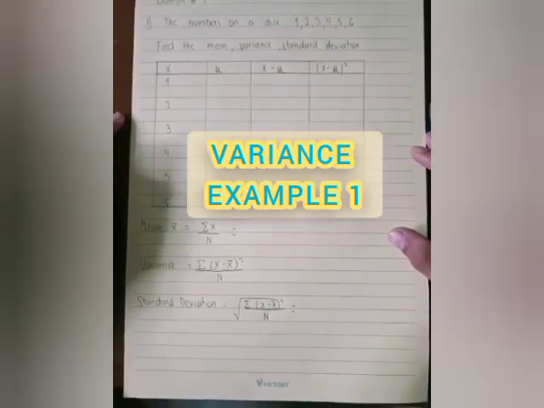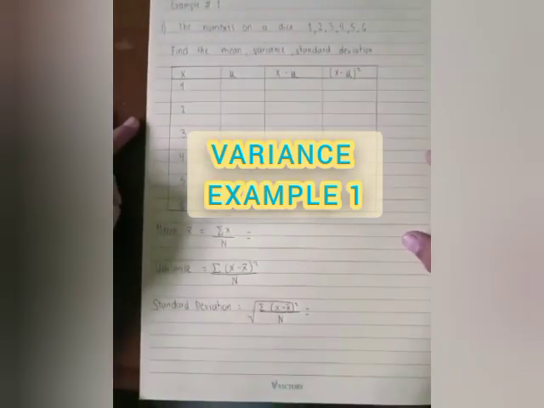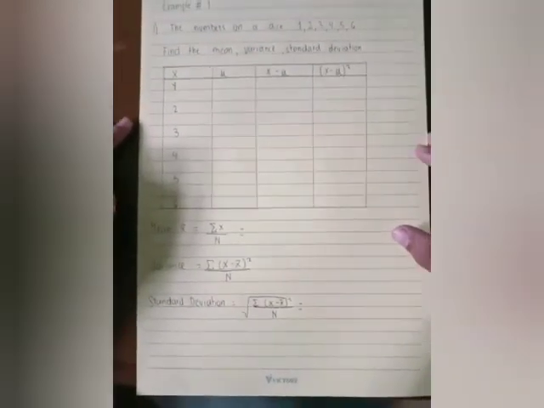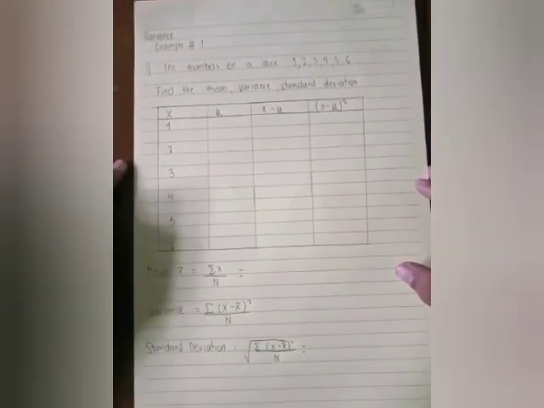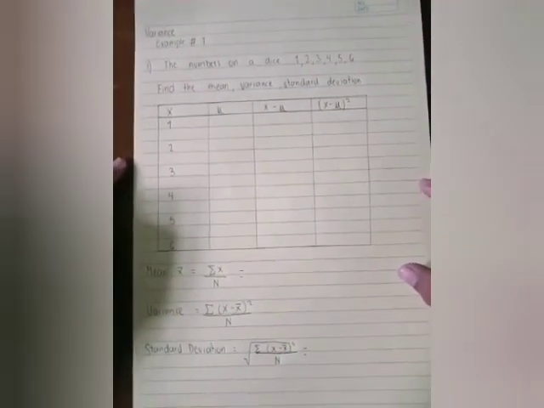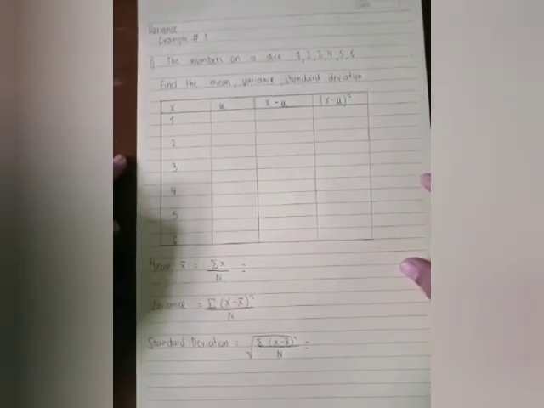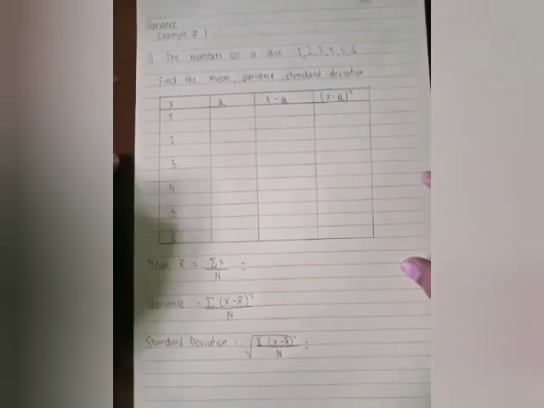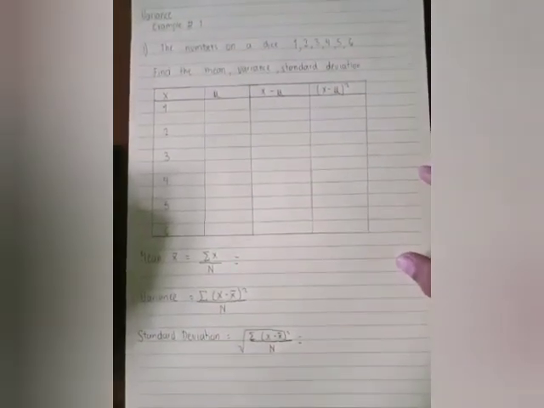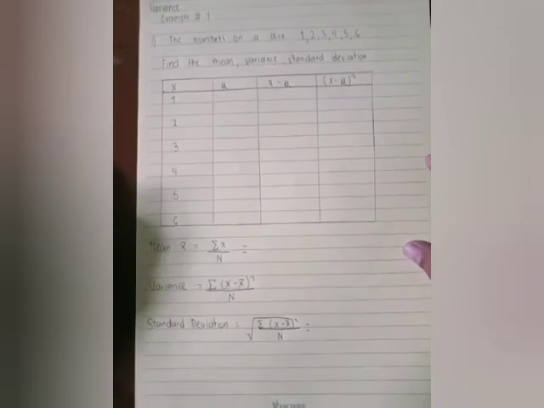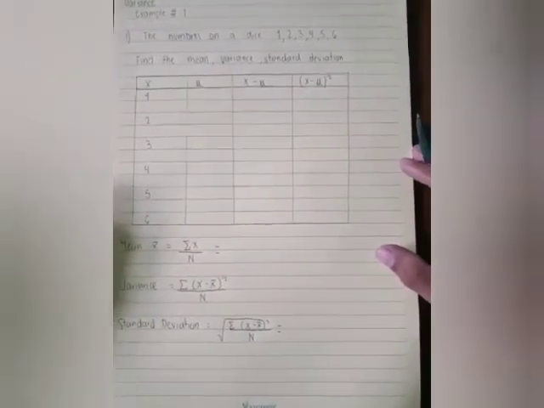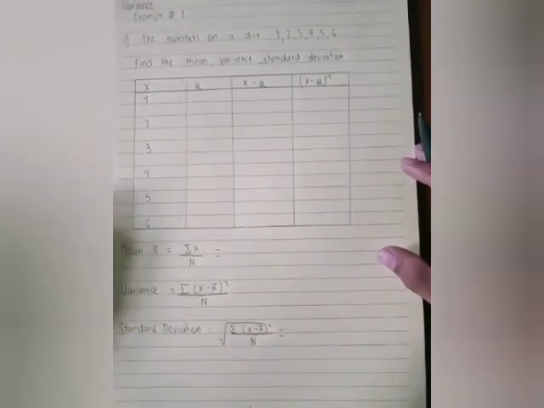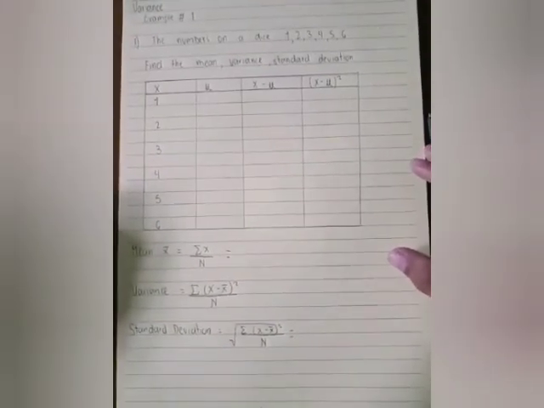So moving on to variance. This is my first example. So the numbers on a dice: 1, 2, 3, 4, 5, and 6. Find the mean, variance, and standard deviation. So first, you need to add all the numbers, the x values. So 1 plus 2 plus 3 plus 4 plus 5 plus 6 will be 21. And then you divide by how many of them. So they are 6. So 21 divided by 6 is